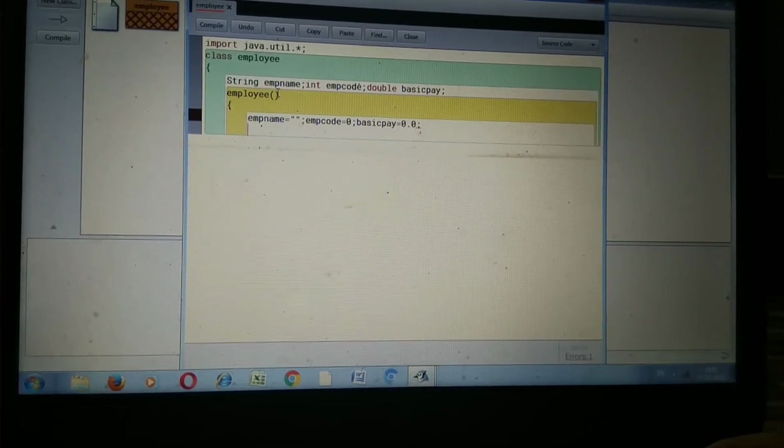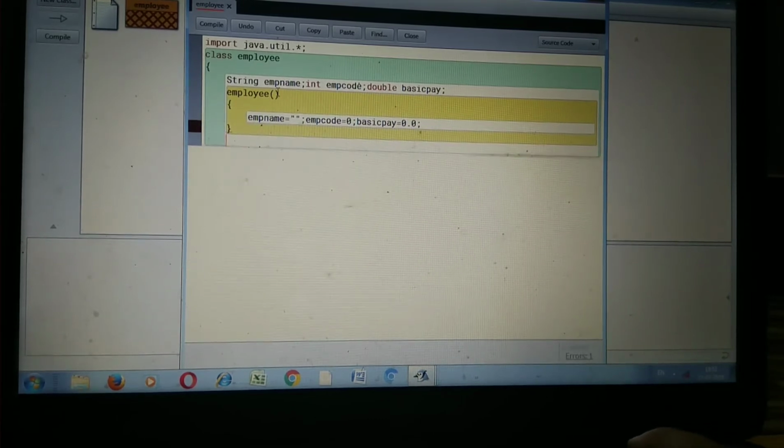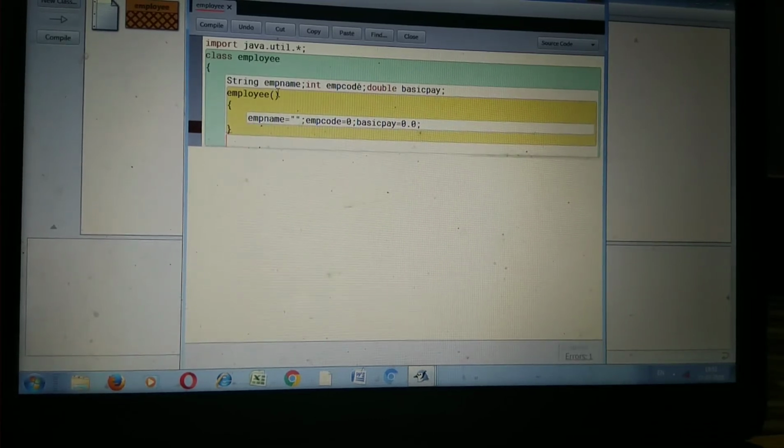After defining it, the next function is Employee. It's a parameterized constructor to assign name, employee code and basic salary to the data members. So here you close the default constructor. After closing the default constructor, we write the next constructor Employee, which is the parameterized constructor.